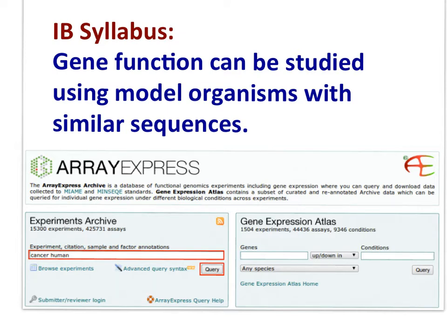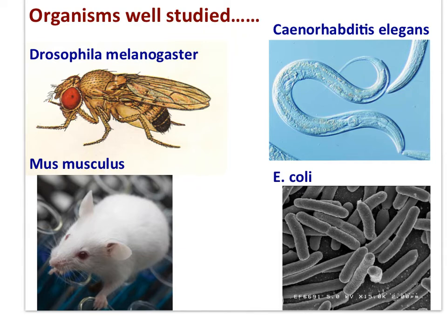Gene function can be studied using model organisms with similar sequences. Some organisms have been well studied. Drosophila melanogaster, the common fruit fly, this roundworm in the upper right corner, Mus musculus, the common lab mouse, and E. coli. These organisms will inevitably share genes or portions of genes with many other organisms. If the genomes of these organisms are completely known, they become the models upon which the study of less well-known